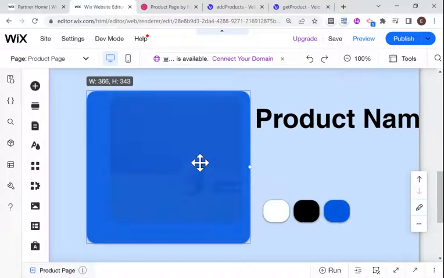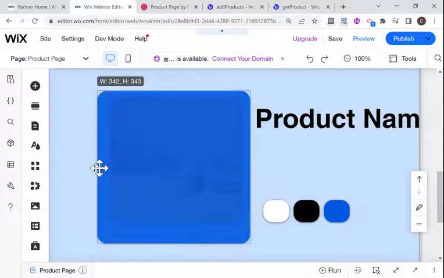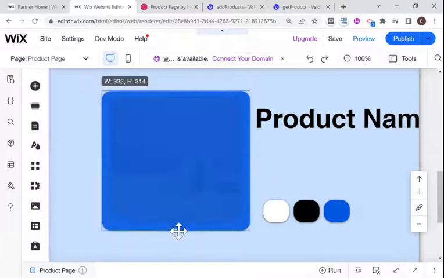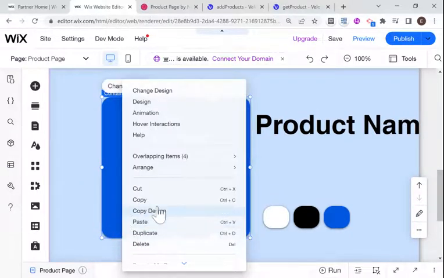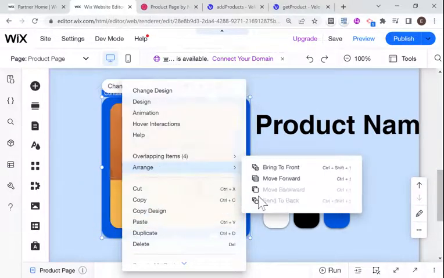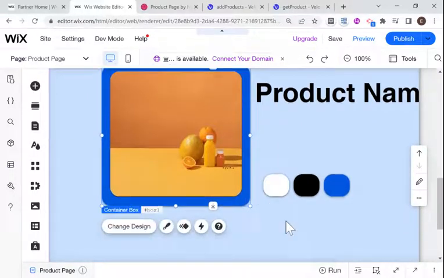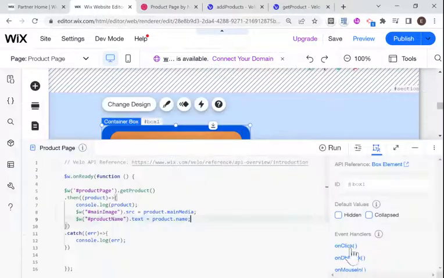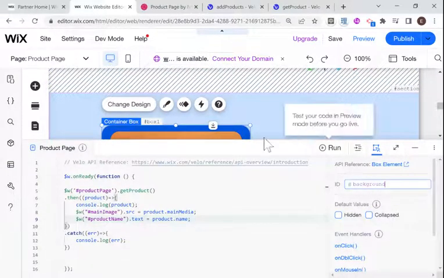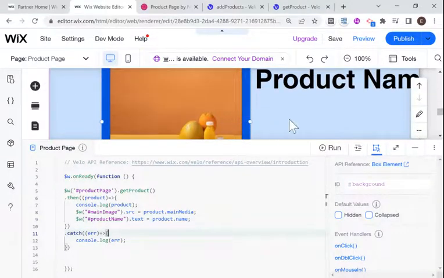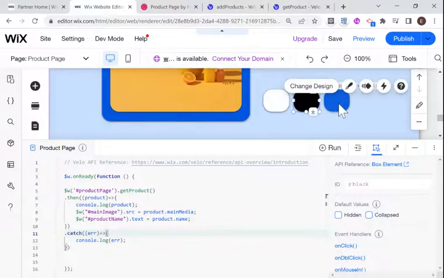And this is going to be the background for our image. And now I'm really just playing around to show you the potential that you have here. And send to back. Okay, and let's say this is called background. And then I can just say that, okay, for each of these elements,